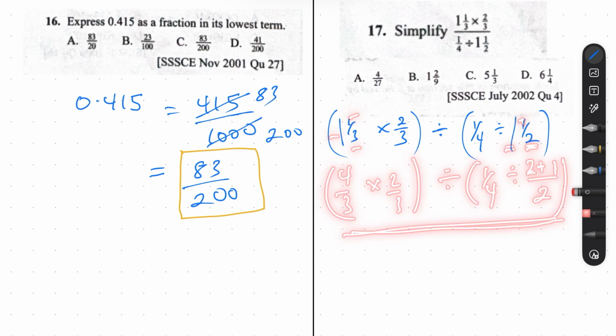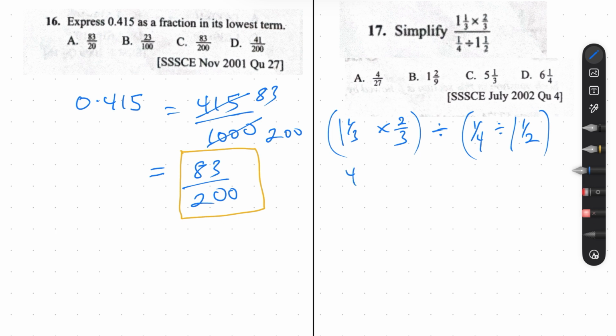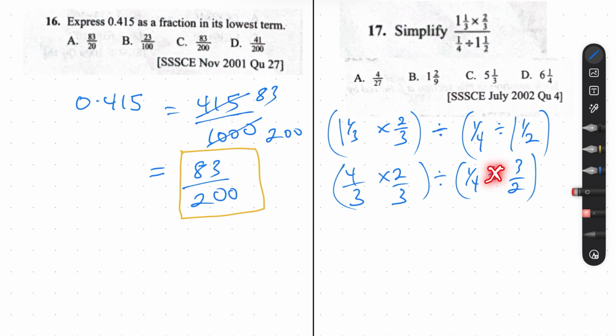So let's write that down. We're going to have 4 over 3 times 2 over 3 divided by 1 over 4 divided by 3 over 2. As we mentioned, we need to change this into a multiplication sign. So how do we do that? We just flip this upside down. Okay, so let's do that right here. So we are going to have times 2 over 3. We got that right. So now